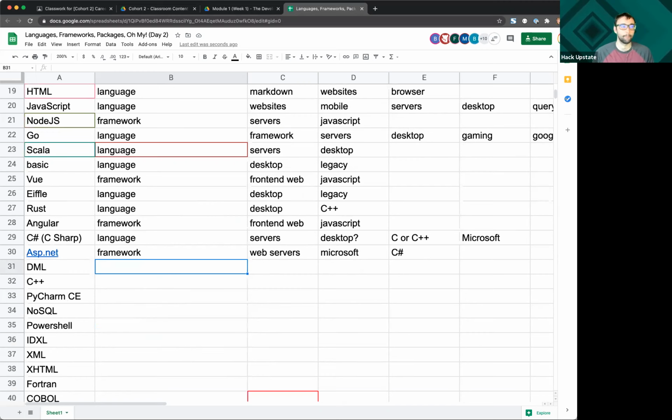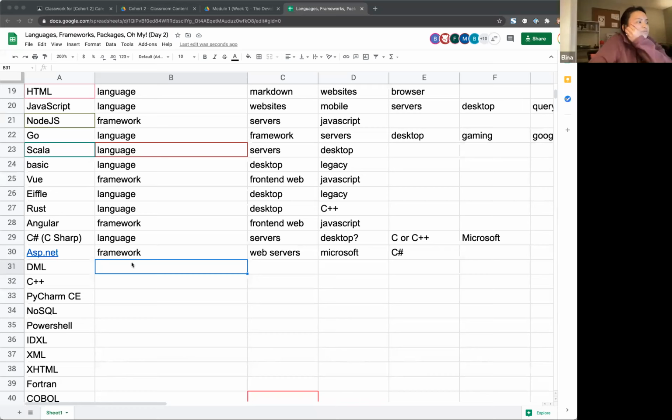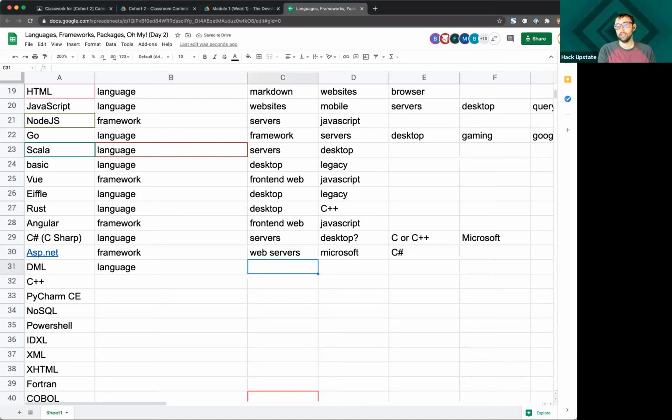DML. It is a language. It is used primarily in a database. And you could say it is a competitor to SQL.